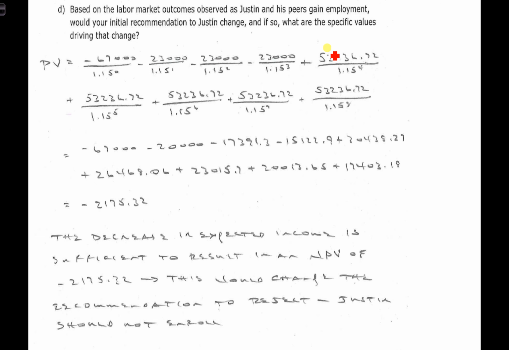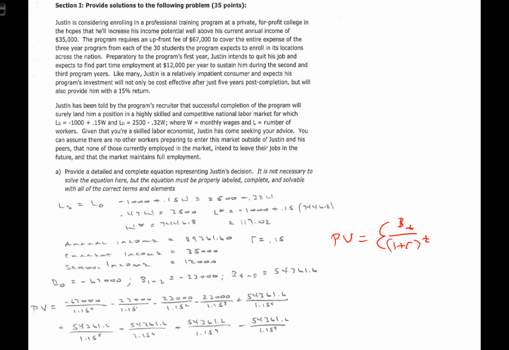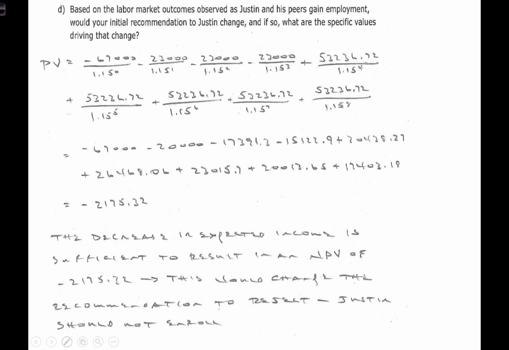And then I use a positive 53,236, which is different, of course, than we used initially. Recall that initially we used 54,361 because it was based on a higher income, supposed. Now we've got a lower income that we're having to realize may actually be their experience when all of these people, 30 people, hit a very thin job market. 117 people in a job market nationwide is a very small job market. And based on the assumption that they all enter into that market and they all get jobs,